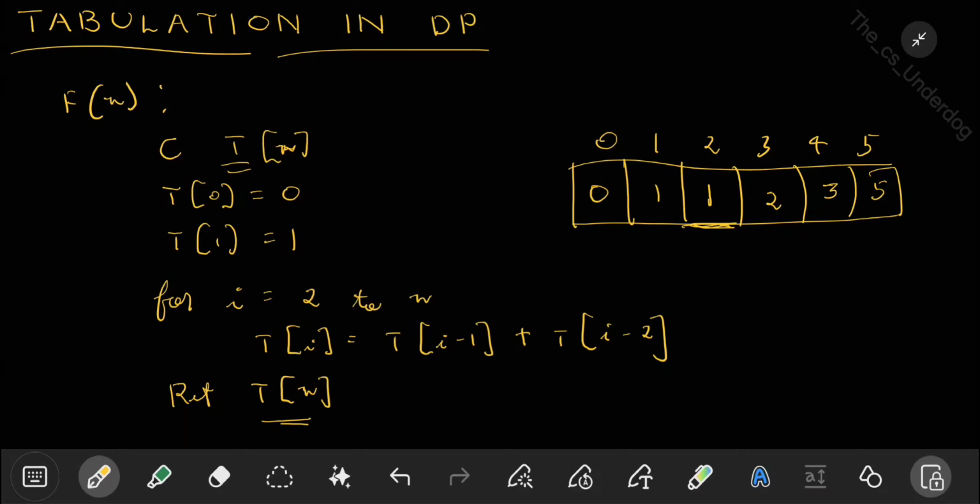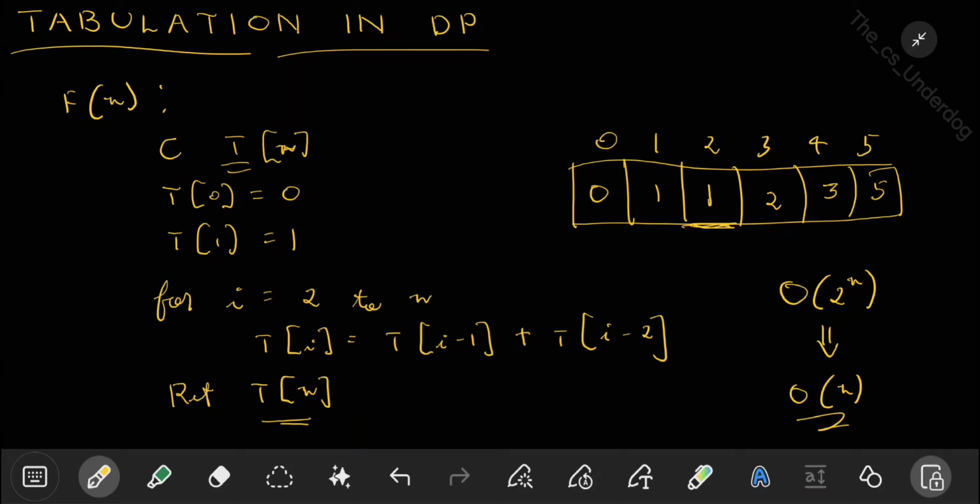So what are the advantages of this tabulation approach over memoization? Over normal recursion, we already know it has a lot of advantages and it is a substantial advantage, because from order of 2 power n, you brought the time complexity down to order of n. So this is a substantial advantage, and this is therefore memoization as well as tabulation. The next question is, what exactly is the advantage of tabulation over memoization? That is what we want to know. So that advantage is,